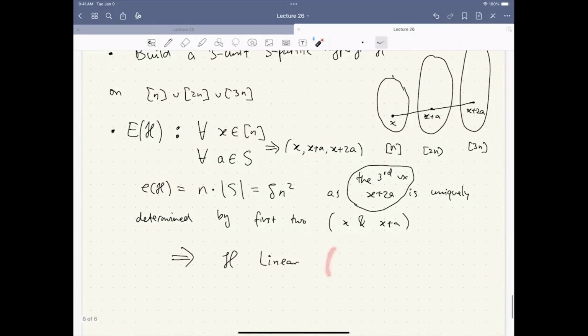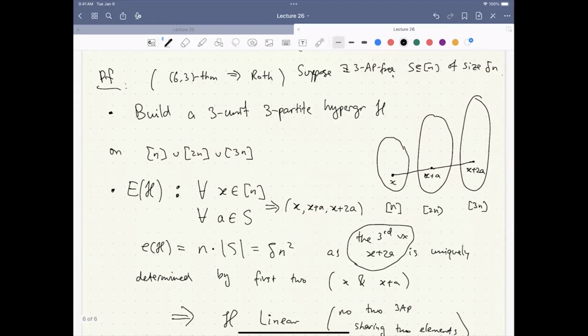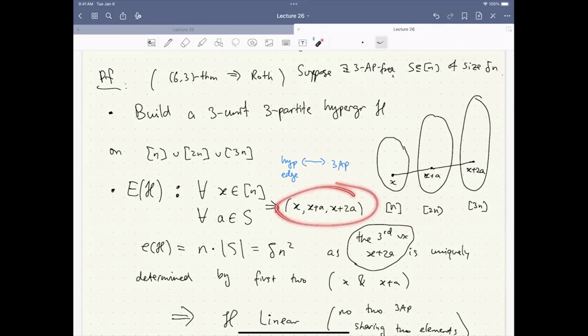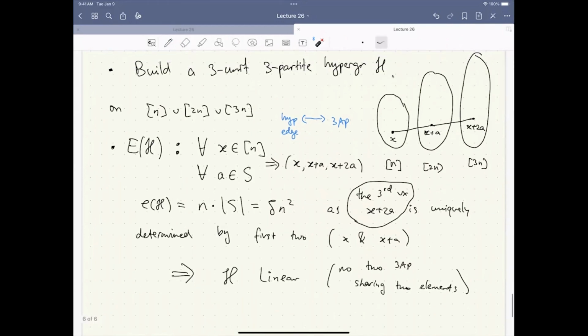So you cannot have two hyperedges, or two 3APs, sharing two elements. This is because no two 3APs share two elements. Here, hyperedges correspond to 3APs. Okay. So, to finish the proof, we will show that the number of edges of H is of quadratic size, and by the 6-3 theorem, since it's linear,